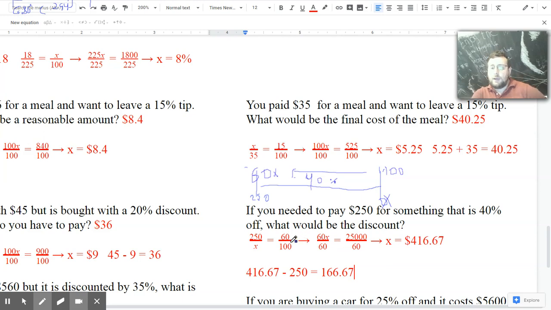When I do it that way, multiply both sides, I get 60x equals 25,000. Divide both sides by 60 to get rid of what's next to the x. And I get $416.67 for the original price. Now that I have the original price, I can subtract what I actually paid, which is $250, to figure out what my discount was. So your discount must have been $167.67